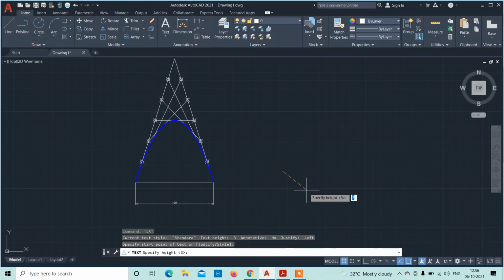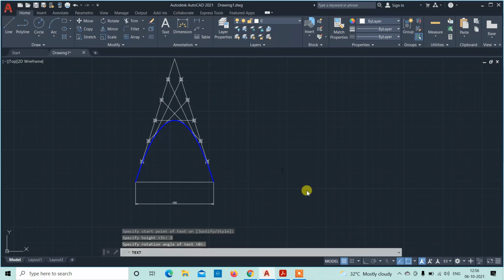Start point I'm just selecting here, height I'm giving it as 3, angle of rotation 0, text I'm just giving it as 1, 2, 3, 4, 5, 6, 7, 8.